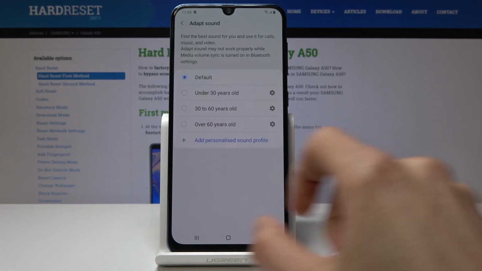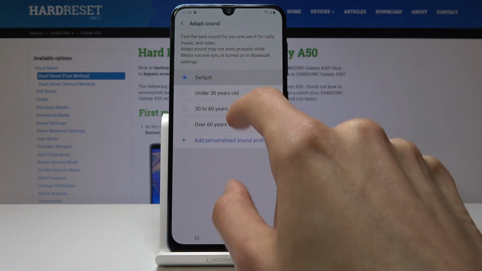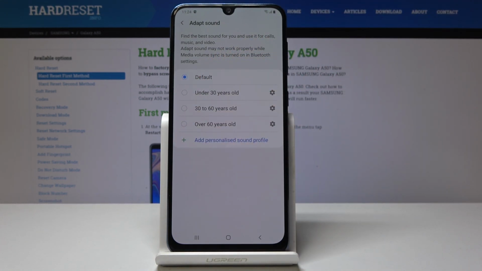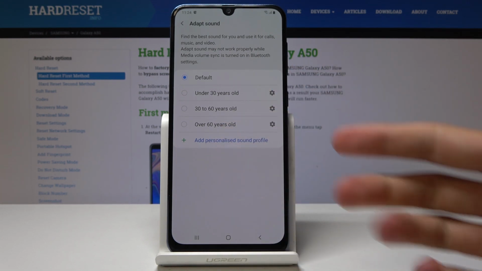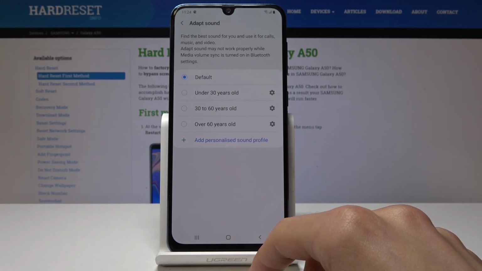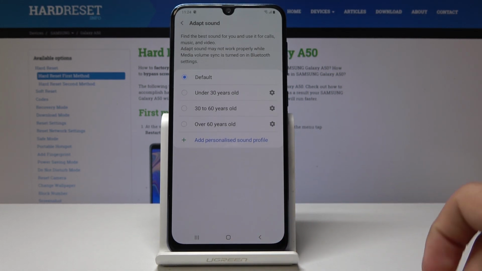And once it's done, you will have basically another option visible right here that you can select instead of the age group. And for me, once I actually did it before, it was similar sounding to the under 30 years, which would basically be accurate considering my age. So I really like it. That's why I personally am putting that as a top trick. Okay, so moving on,